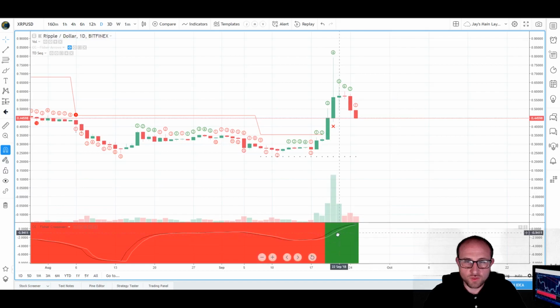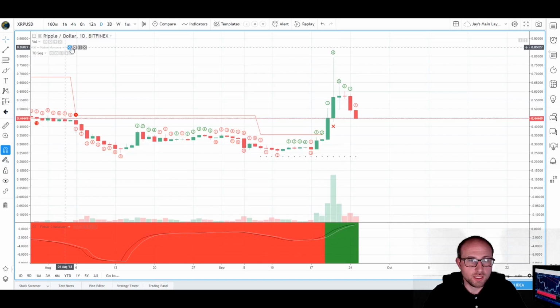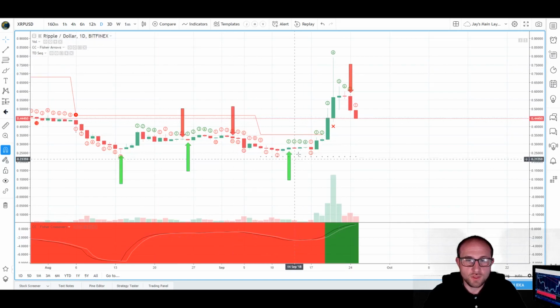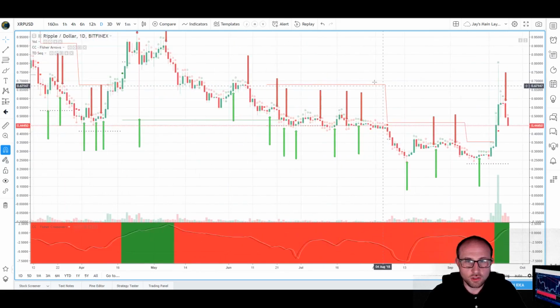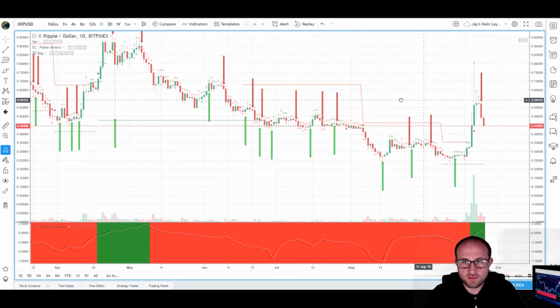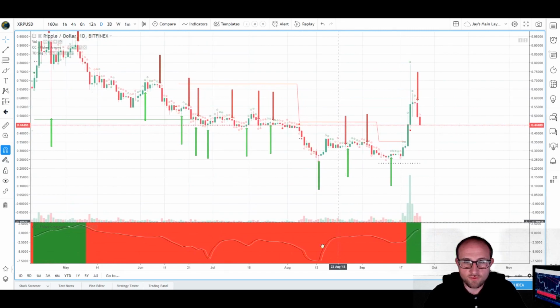Just based on this recent price flip, we're above the 55-day EMA. And if we look at our crossover strategy, we can see that we have a good entry here. All these calls to the downside would have been quite profitable in this market. However, we see that we're extremely oversold here at -7 on the Fisher. So this would have been a good entry.